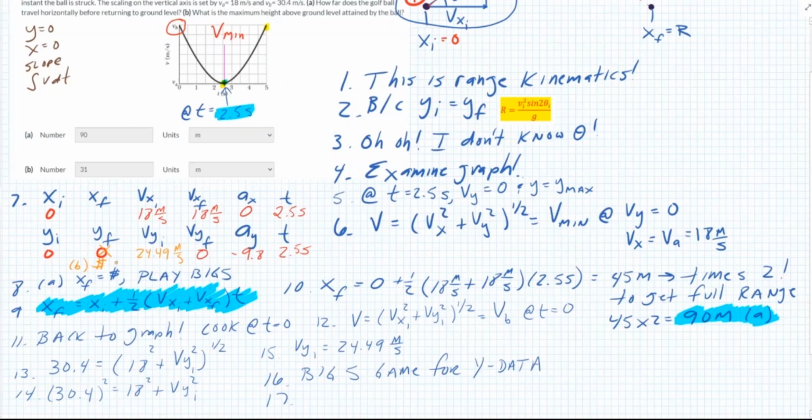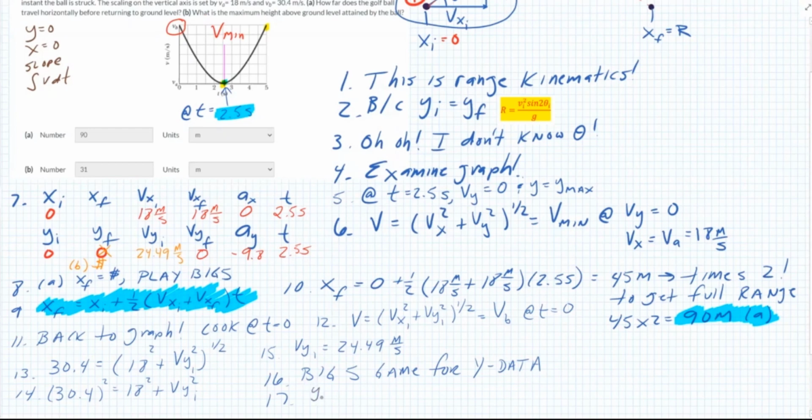Part B is what is the maximum height above ground level? All of this is good. Okay. Replacing 0 because it's not landing on the ground. I'm stopping the interval when the projectile hits its maximum height, not when it returns to ground level. So that's why I made this little update. So now I guess I'm going to go with